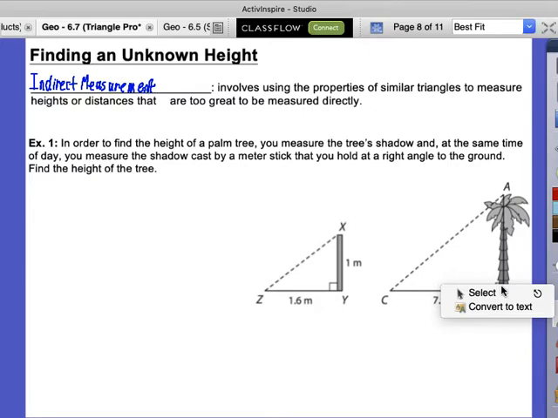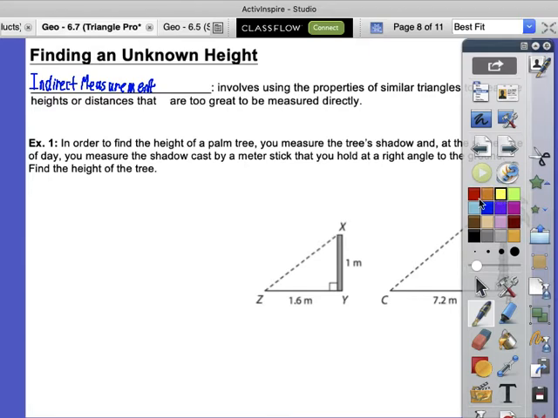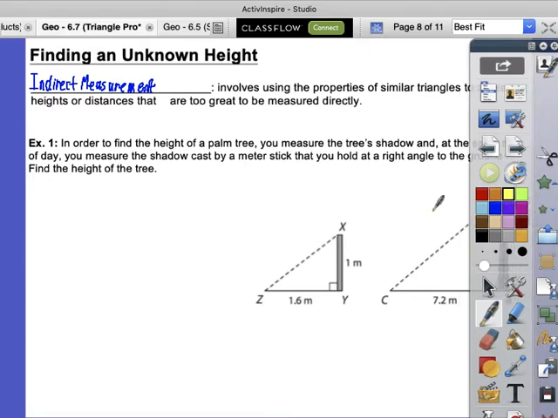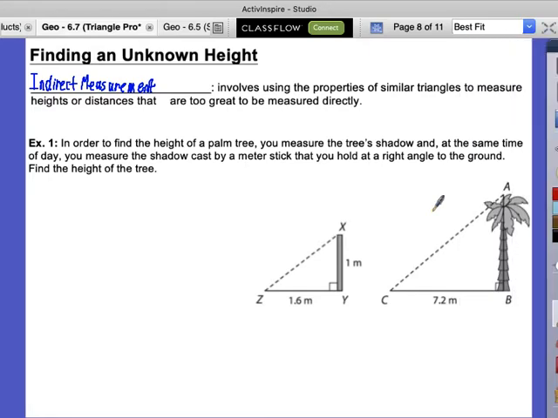Okay. And now, why do we have to have it at the same time of day? It specifies same time of day. Why is that important? Because the sun will be in the same spot. Because if it's a different spot, would that be a different angle? Yes. Okay. And the thing is, for it to be a similar triangle here,